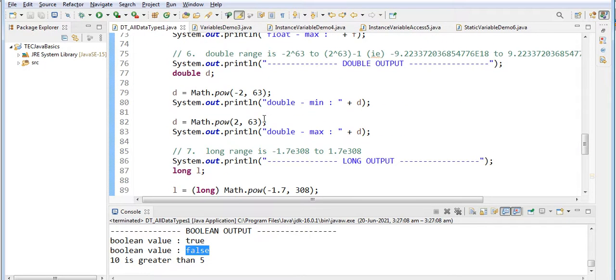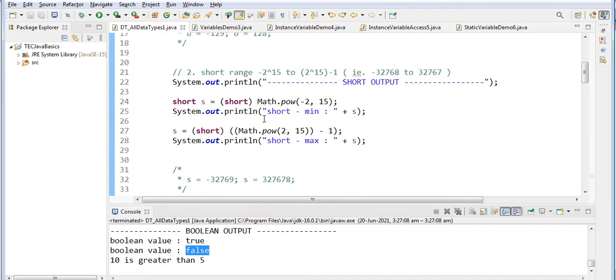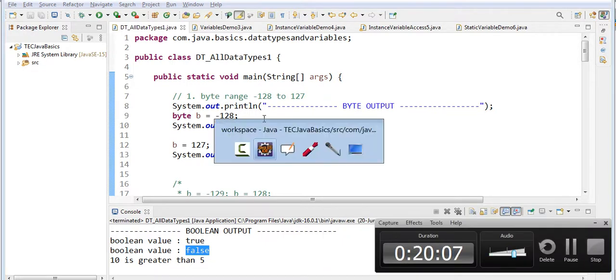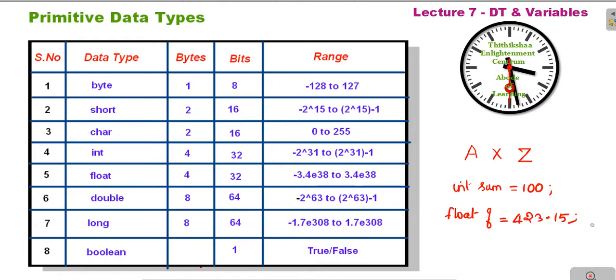So these are all the data types. Okay, so we are seeing what are all the data types and how they will be executed. Totally we have 8 data types, with these ranges, because sometimes some people give some value and they will not get the result, and they wonder why. The reason is they might be using numbers beyond this given range, and that is the reason they will not get the appropriate result.